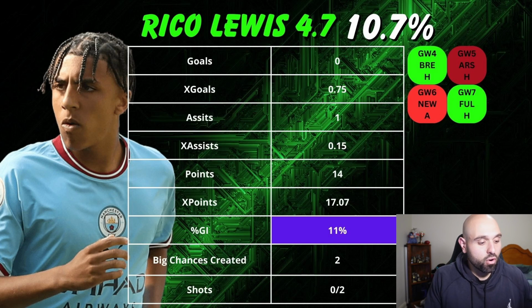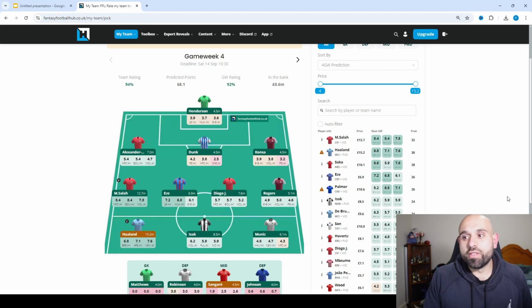So before I let you guys go, this is my side at the moment. 92% team ratings, come down a little bit because Haaland's data's been adjusted. He was at 8.7 predicted points, but with the news of the passing of a close friend of his, that has come in to 6.8. 10 home fixtures out of 11, and the only away fixture in my starting 11 is Isaac at Wolves away, which should have goals in it.